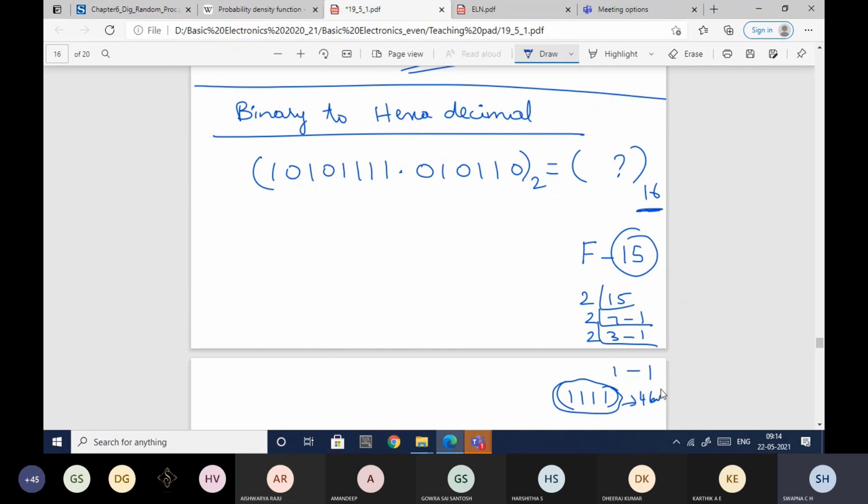So whenever they give you the binary number, you need to group 4 bits. Start from the decimal point, move towards left. Start from the decimal point, move towards right. So 1 2 3 4, 1 2 3 4. Again here 1 2 3 4. I have only 1 0, so I need to append 2 more zeros here. Here again you can write the table.